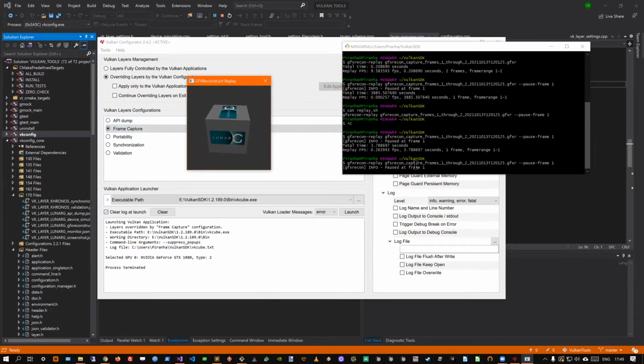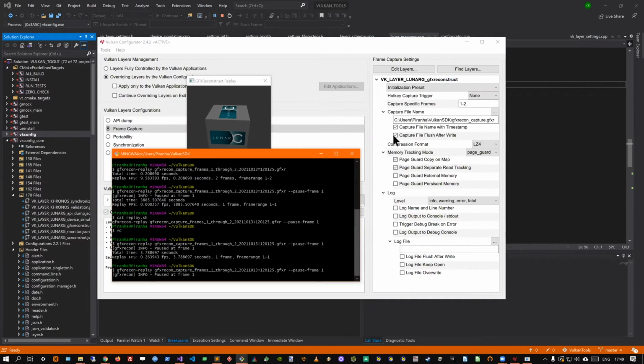So when we know the command, it's fine. But actually, what we could do with the Vulkan Configurator is basically the same with custom commands, so that it will be intuitive. Currently, you have to go on the GFX reconstruct page and figure out how this command, GFX recon replay, is working.